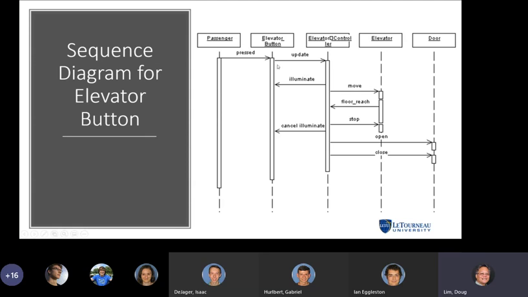But we can see here that the elevator button sends out the update and then progresses down and then receives the illuminate. And then when the commands go to the elevator, move, floor reached, and stop, we can see the elevator does progress down and is waiting for the cancel illuminate event from the elevator controller.